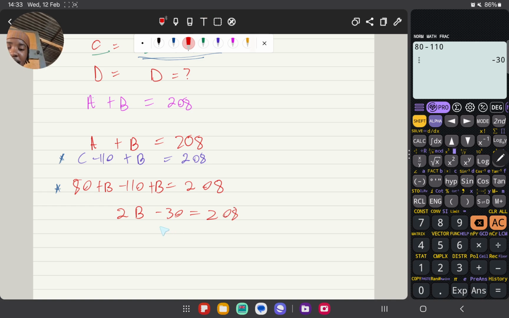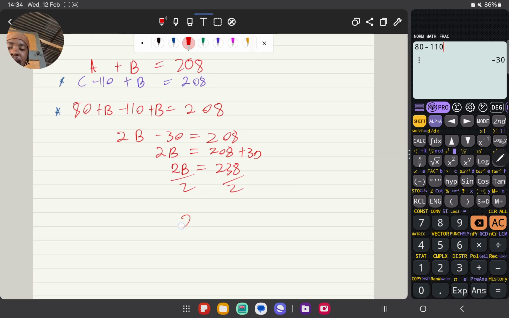The next step, transpose: 208 plus 30, 2B equals 238. Divide by 2, and then I have B. Calculator, 238